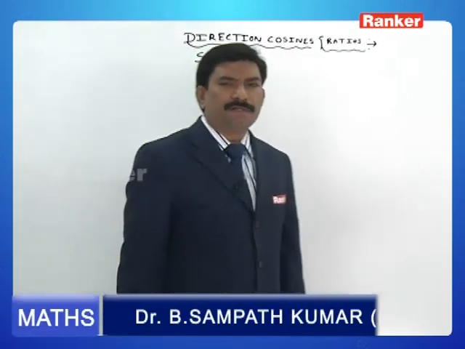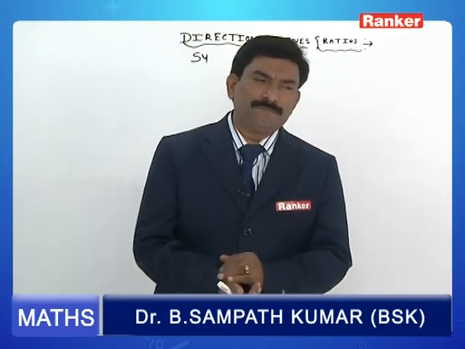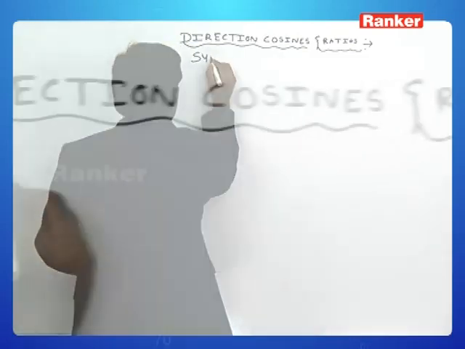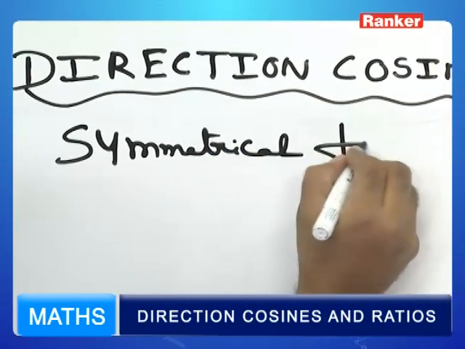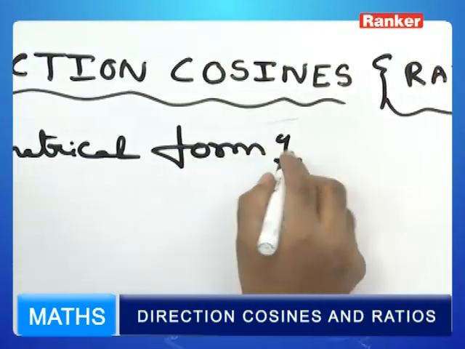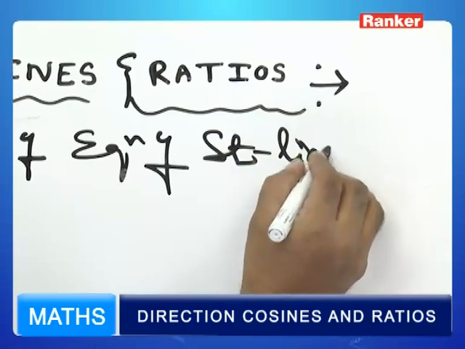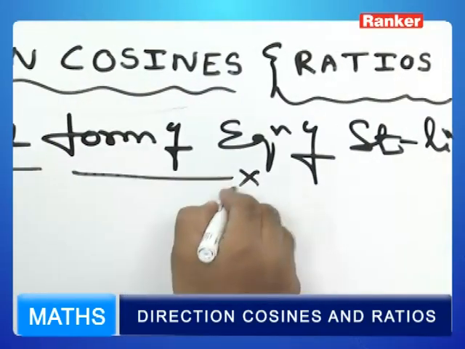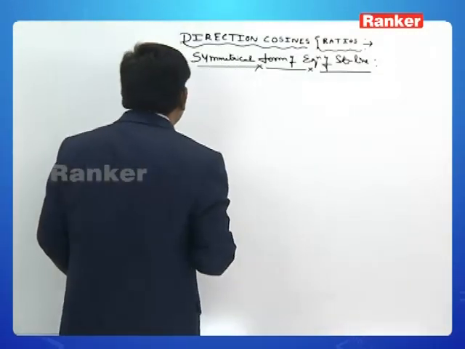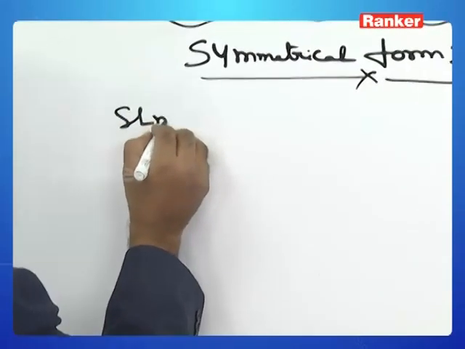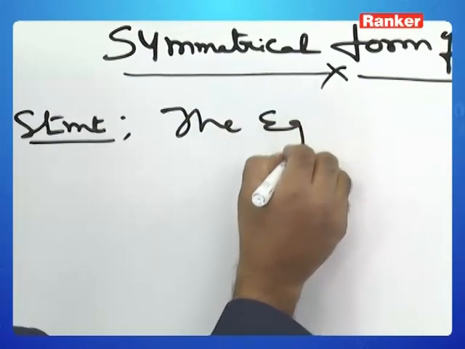Let us discuss the equation of a straight line in symmetrical form. The symmetrical form of the equation of a straight line. Right. What the statement says: the equation of a straight line